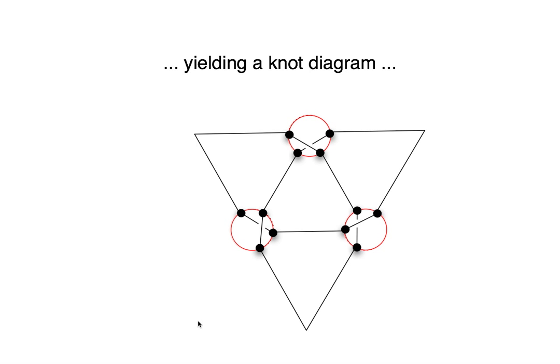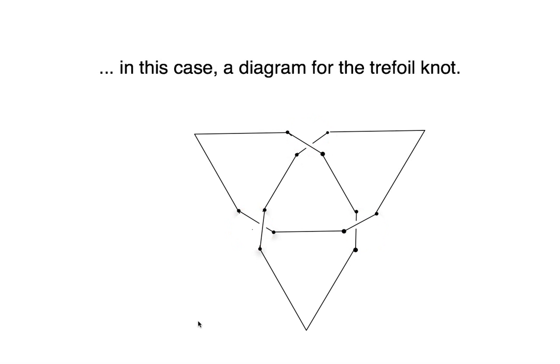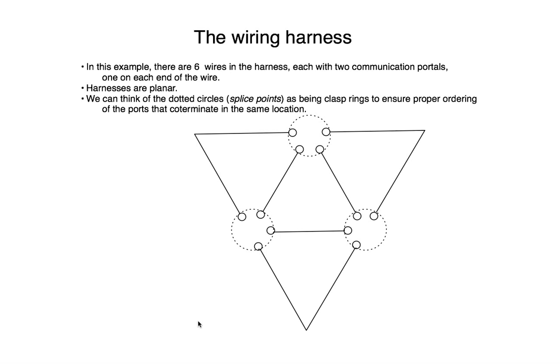You actually get a knot diagram, which is a planar diagram describing a knot. I'll try to make it more obvious which it is. In this case, a trefoil knot. You can see a trefoil knot sort of sitting there. It's a planar projection. So if we go back and look at the knot context, we could also think of it